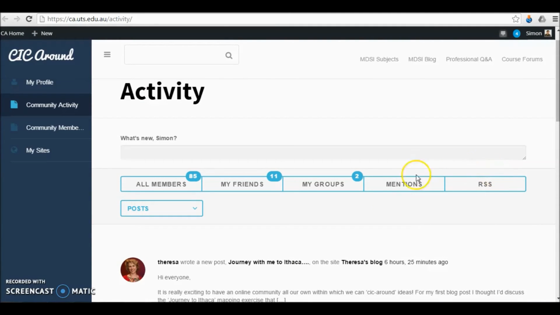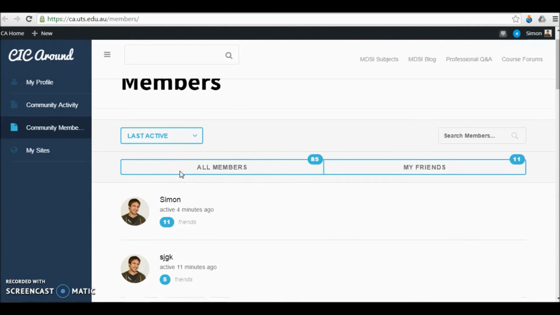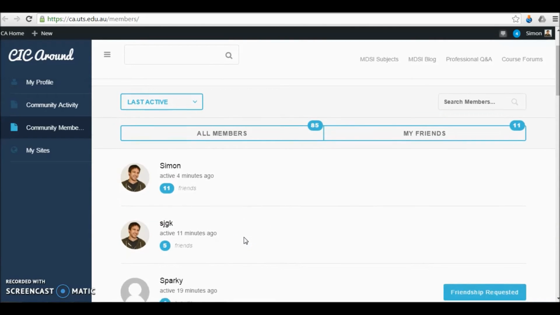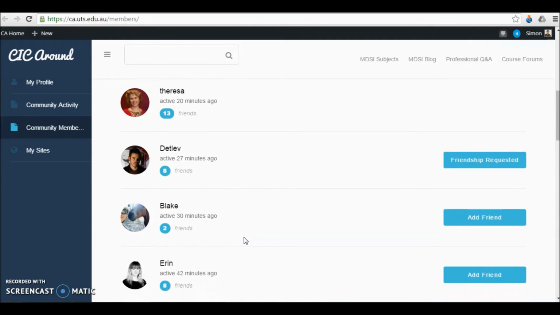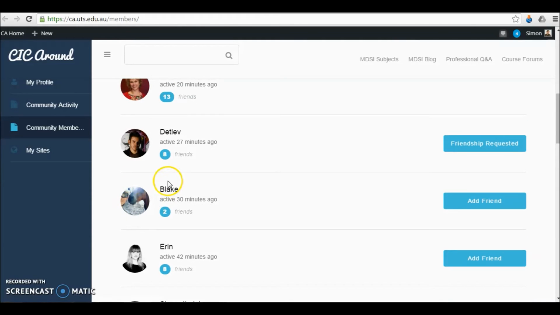You can also view members. So this is a full list of members across the network. We're working to get links on the right hand side here to those individual members' posts, and at the moment on the left hand side, if you hover over the avatar and the name, that'll take you to that person's profiles, so you can explore those to find out a bit more about them.